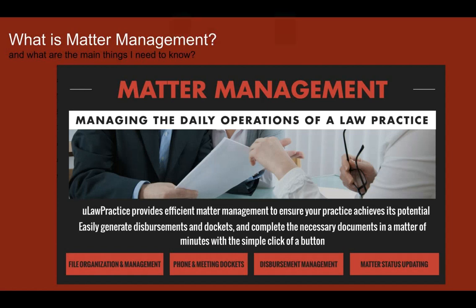So when it comes to disbursement management, there is, like I said, a separate topic on what needs to be added under disbursements directly. And matter status updating is super important, because every now and then a client would like to know what they have